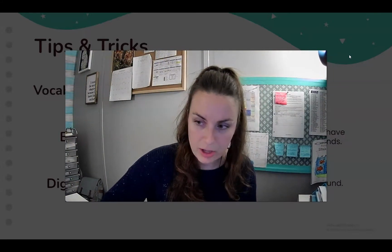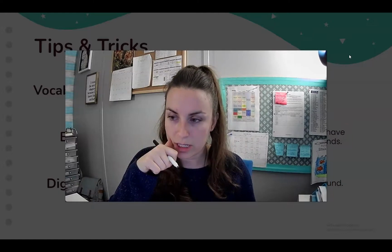Okay, we did a blend. We did a digraph. We did a magic E. Oh, let's do the separation of ing. So if I have the word ring, then I would map out the sounds, or tap out the sounds first. So I go